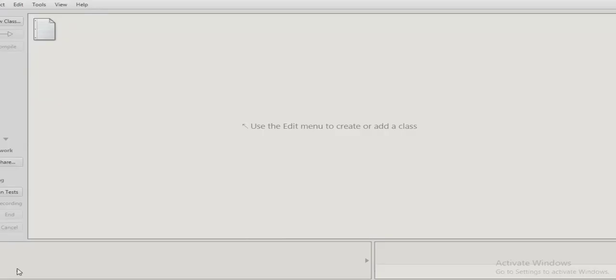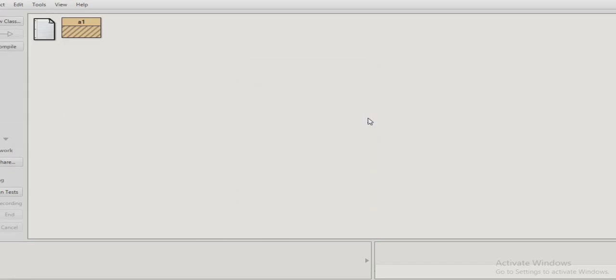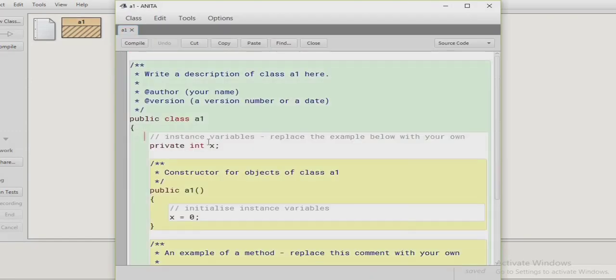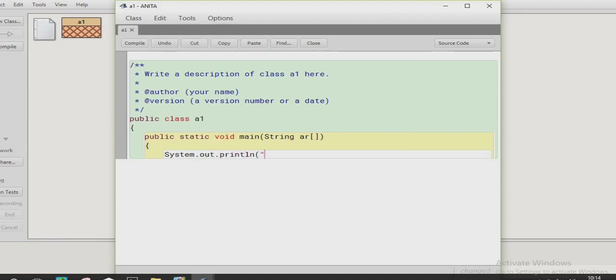Now everyone, I'll show you the working of the escape sequences. For this I create a new class, and the class name is, let's say, A1. Then I double click on A1, delete the existing code, and write public static void main(String args[]) and close the bracket. After this, I write System.out.println, and for example, I want to display the output hello Java.